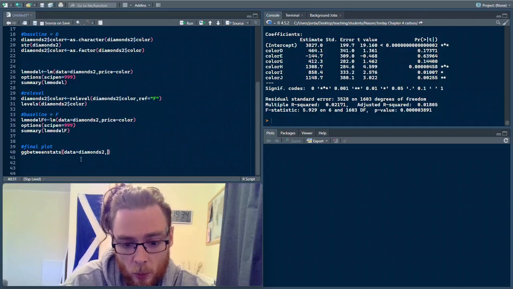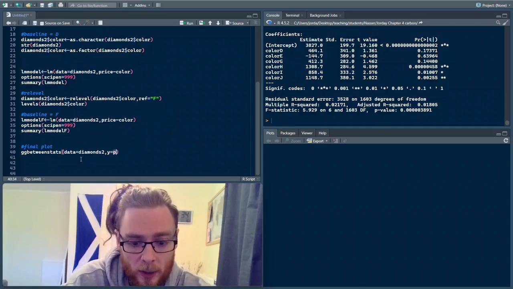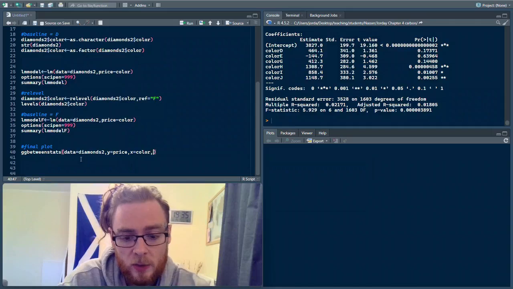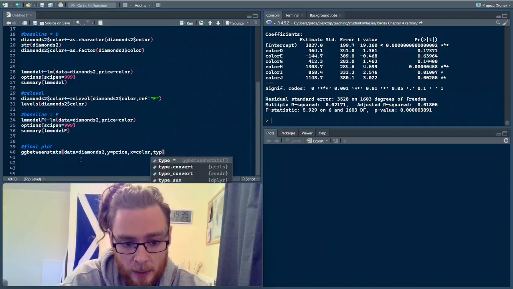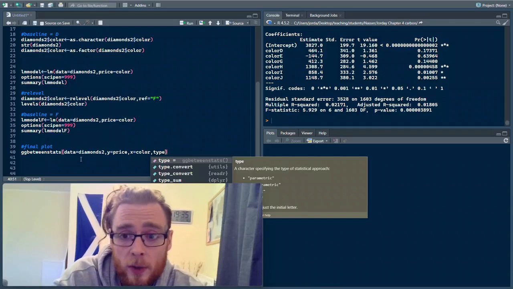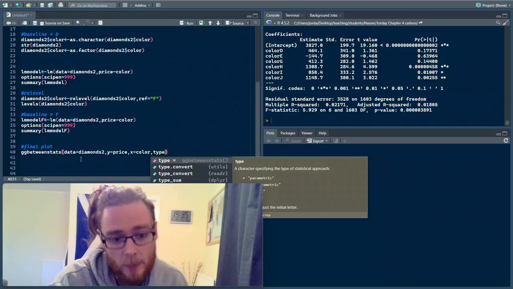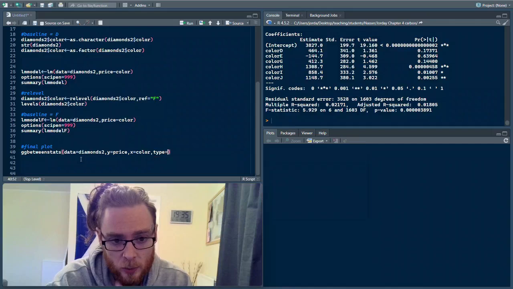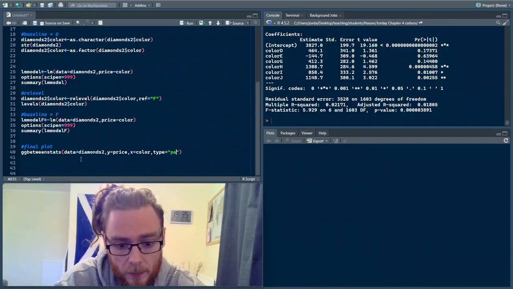Here we put y equals price, x equals color, and there's just one more thing we need to add, which is the type of models that we want to run, that we want to show the results of on the graph. And obviously LM is parametric and ANOVA is parametric, so let's go that road. So parametric,